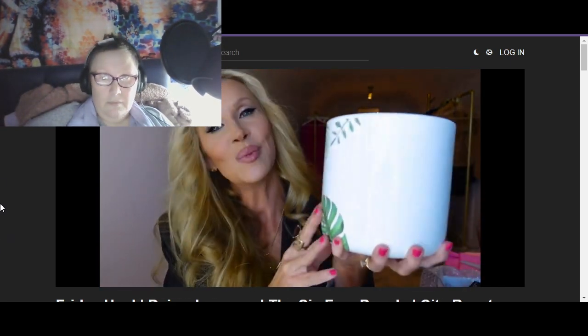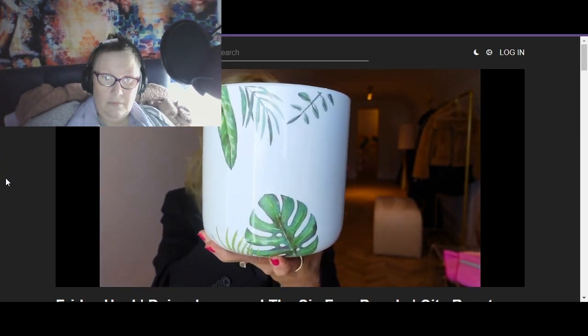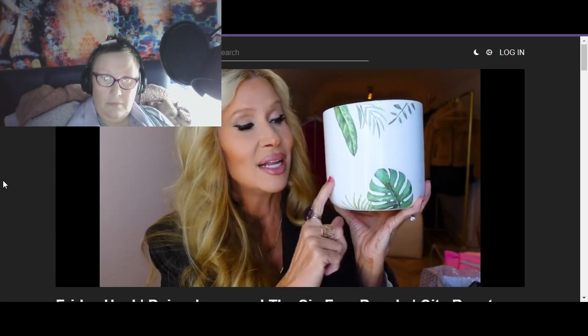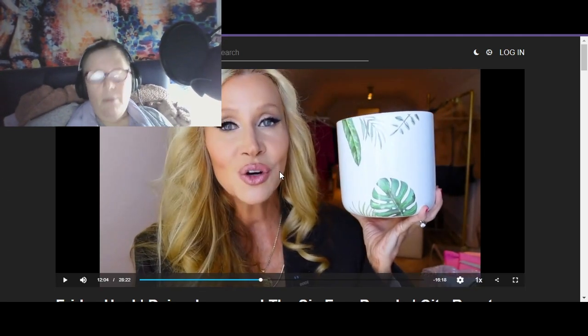So with that said, I went back and looked at the pots, and look at this plant pot. It is so pretty. I love it. It's got my Monstera. It's just my entire...